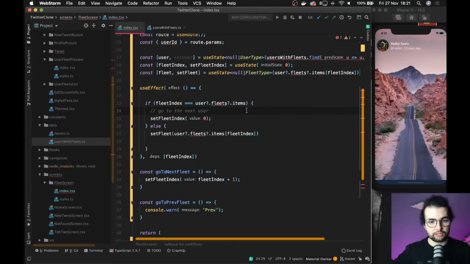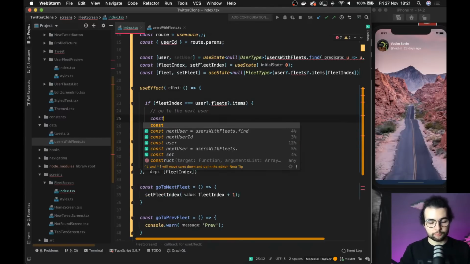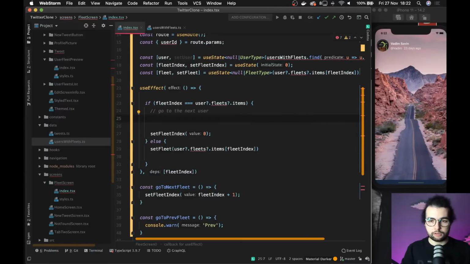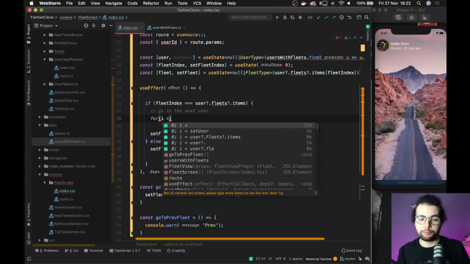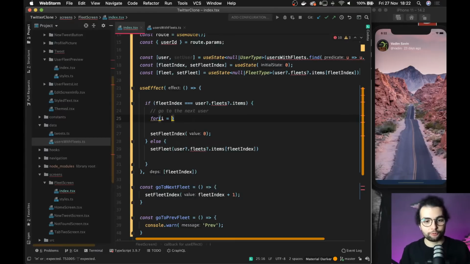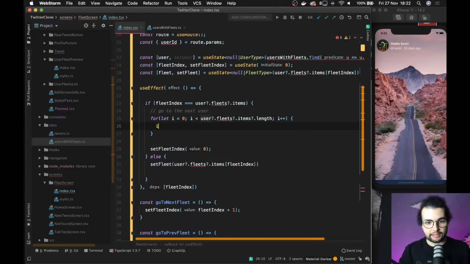Go to the next user. So I need to find the index of a current user. Or I just need to do a for loop. Let's do simply for. I don't remember when was the last time I did traditional for loops. For let i equals 0, i less than user fleets items dot length, i plus plus, and if